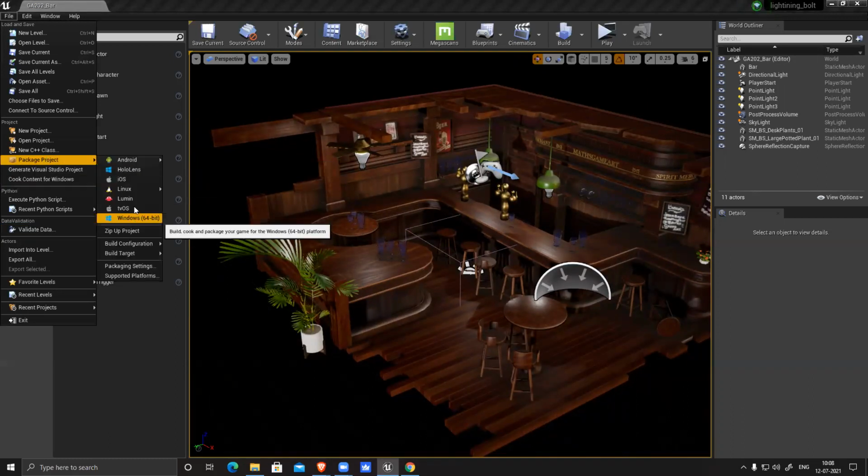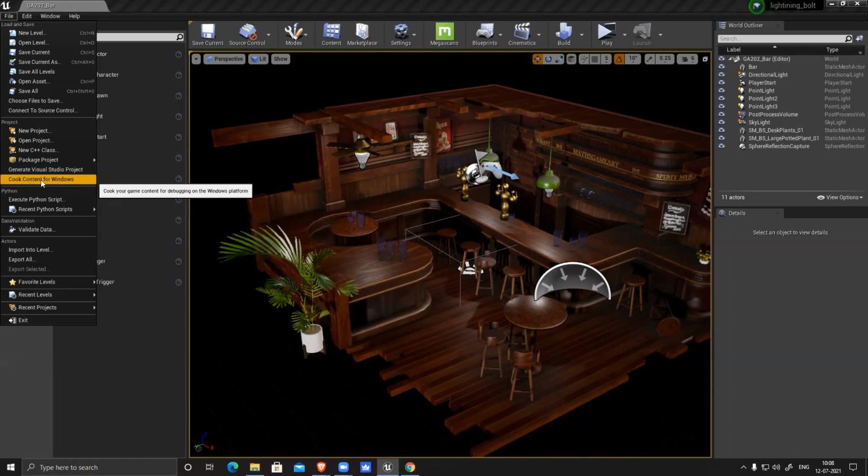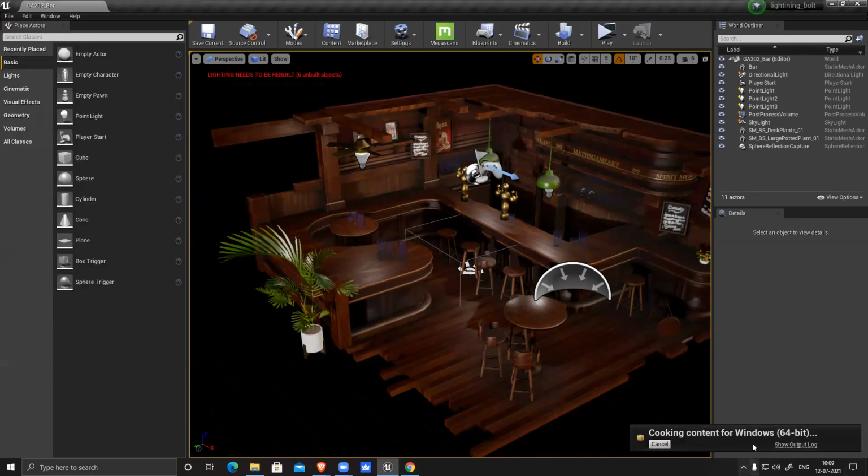So it will convert this entire thing into a package. This is the setting for which project, and cook content for Windows. If I click on this, you see, it will start cooking. Cooking is basically converting this entire scene into a playable game where you will have an exe file. You can double click that, switch it on, walk and play around.